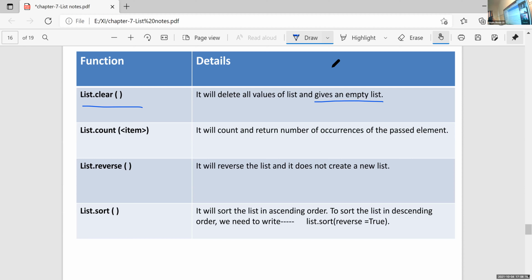So clear is a built-in function. It will delete all values of a list and gives an empty list.